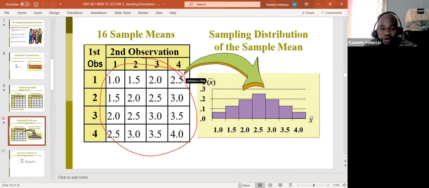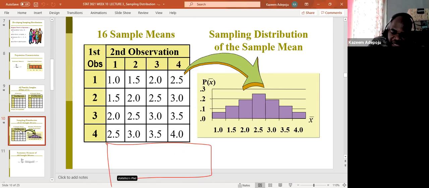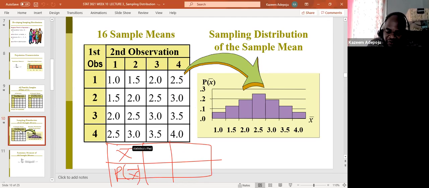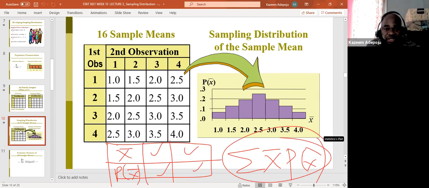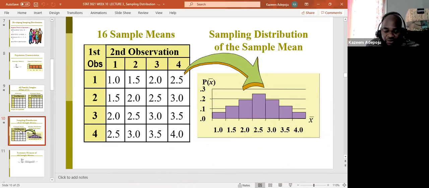When I add all that together, from 1 plus 1.5 plus 2, or if you don't want to do that, the other time I actually created a table where I have X bar and the probability of X bar. You remember, if you want to find the mean, you can just multiply those. You remember the formula that we normally use, summation of X bar times P of X bar. That's another way you're going to get your mean. Only the random variable here is not X, but the sample mean. Or basically, you can add everything here together and divide by 16.